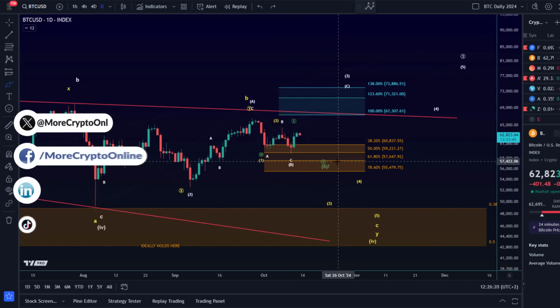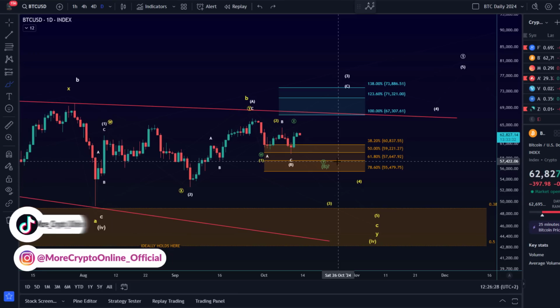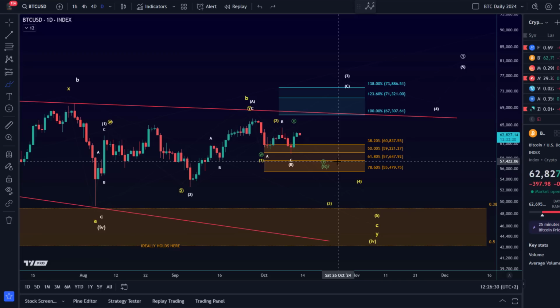The support area is located between 55,480 and 60,837. Unchanged. It has been offering support a couple of times now, this support area. And on the daily chart, I call this the upper support area, which is being tested first, because